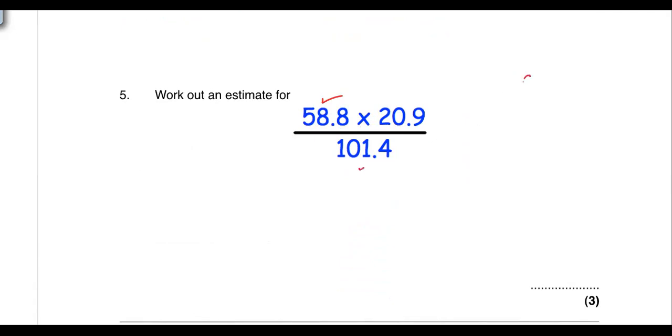Like this is 58.8. If I have to round to one significant figure, what will it be? This is the first significant figure. Now I have to leave these. Before leaving these, the very next one is 8, so it will add 1 to this one. It will become 6. But look, 58.8 and 6, too far. So just to keep the magnitude, because this is the whole part, the first digit of the whole part we wrote already. The remaining digit of the whole part, not the decimal part, I will make 0. So it will become 60.